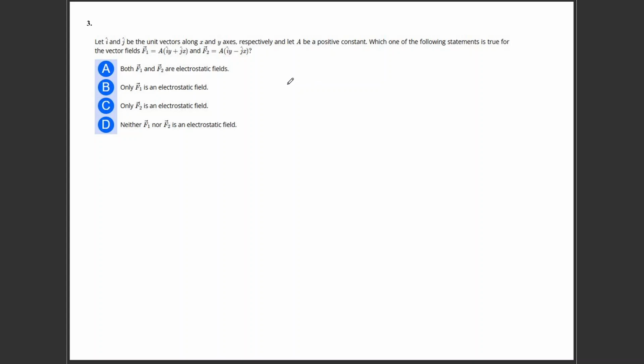Now, how do you find out whether a field that is given is electrostatic or not? If a field is electrostatic, then the curl of that field will be 0. That is, del cross F should be 0 for an electrostatic field. Now what is del cross F? So del cross F1, as given in the problem, is